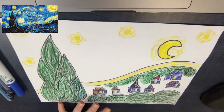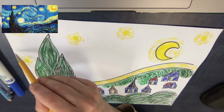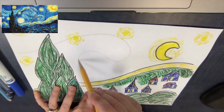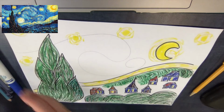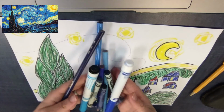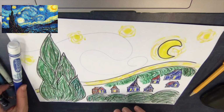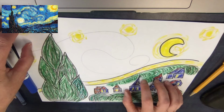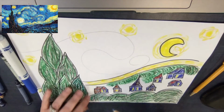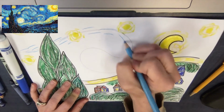So now we are up to the fun part, that big blue sky. And so you're going to grab your pencil and you're going to make a big swirly loop here, around and around like that. Then you're going to see I have all of these kinds of shades of blue, and I'm just going to take them and make all those little brush strokes. And I remember that in that picture, the darker parts were up here and down here, and this swirl had some of the lighter blue. So I'm going to make the lighter blue